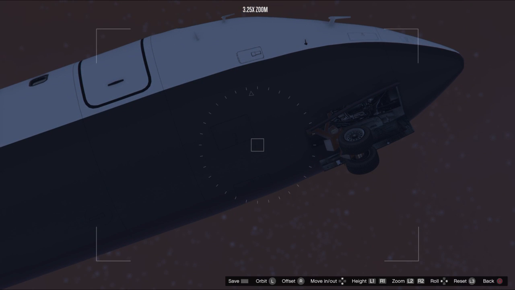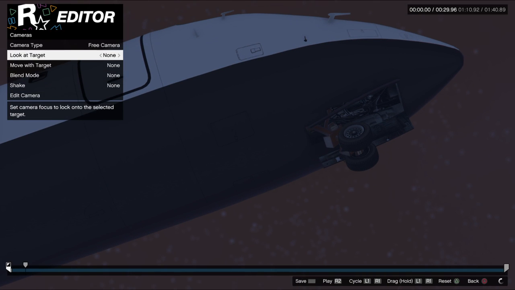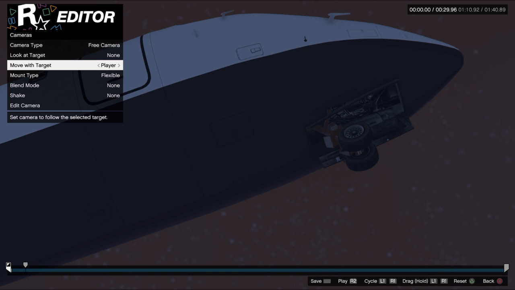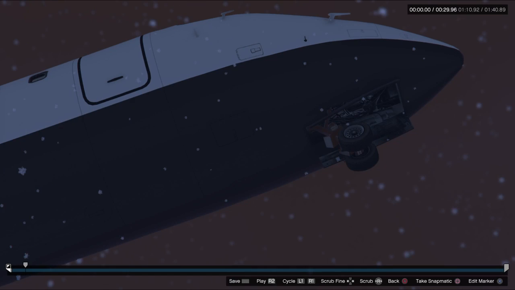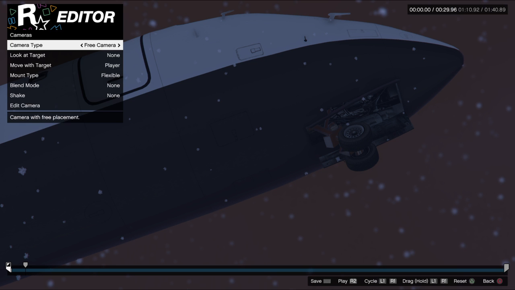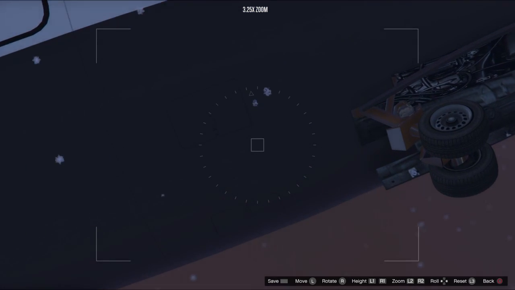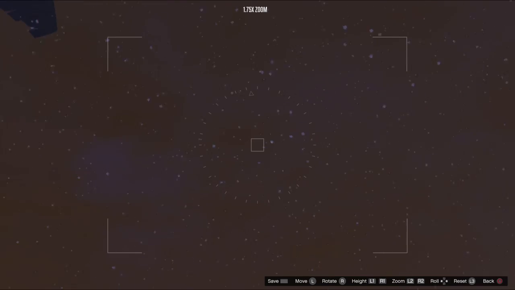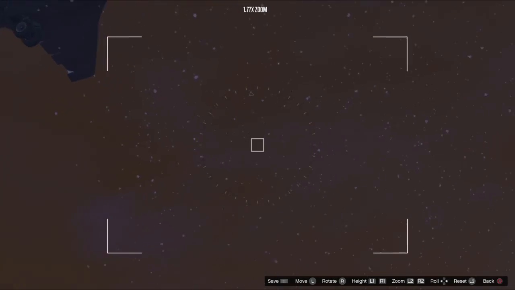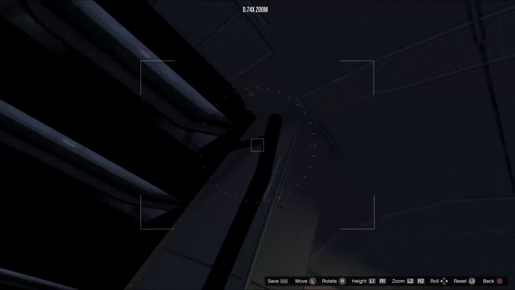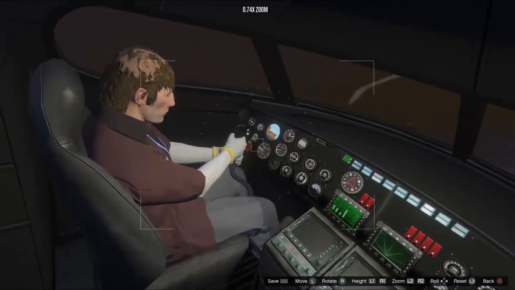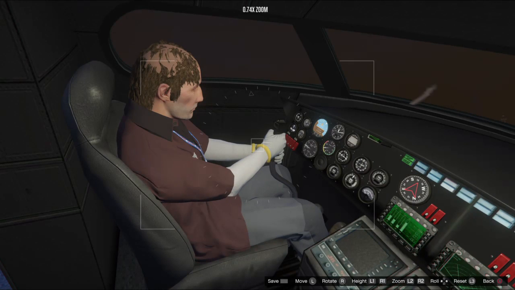So it was, let's go back up, and then let's look at target none. Yeah, because if you have it look at target none, and then press edit, as you can see, I can move the camera anywhere I want, and that's how it should be. So then you can get the inside cockpit view, but the problem with that is that